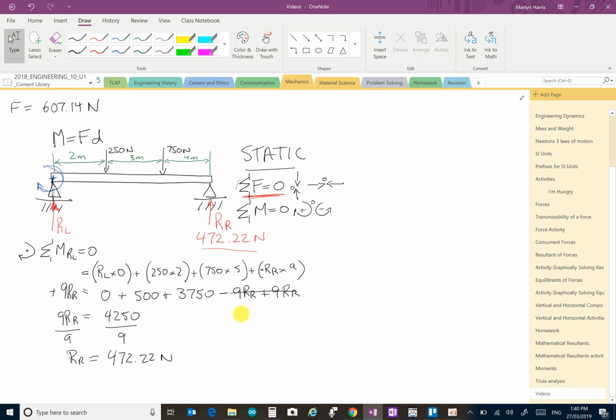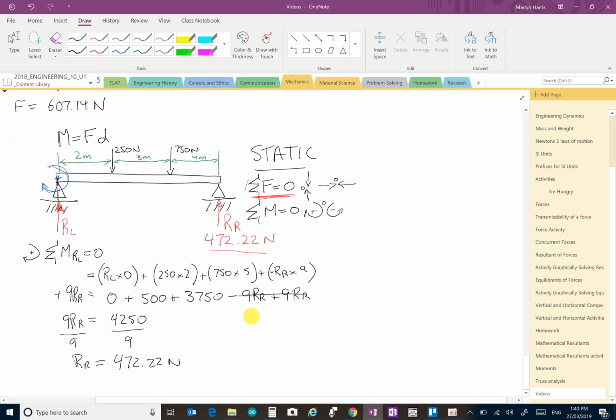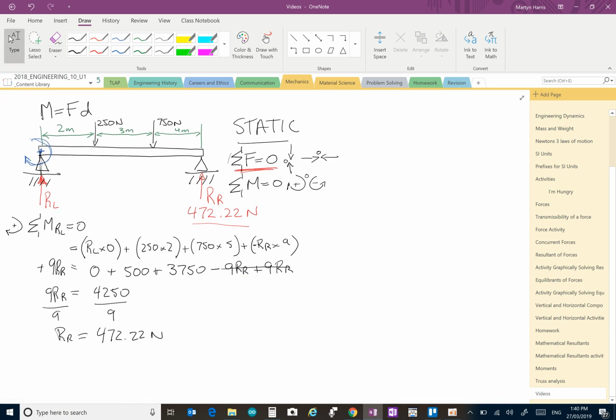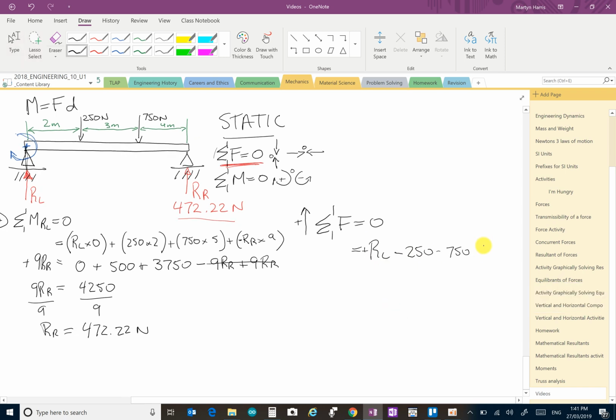I'll just have to expand this down a bit so we can see what we're doing over here. Right, here we go. I'm going to say sum of all forces equals 0. In this case, I'm going to say anything acting up is a positive force and anything acting down is a negative force. So let's put these forces in. Well, I've got a positive RL to start with. That's a positive because it's going up. The next force acting down is a negative 250. The next force acting down is a negative 750, and the last force that we just calculated is a positive